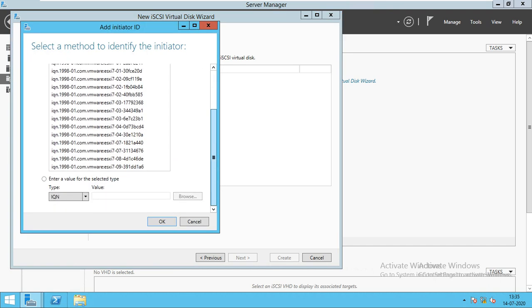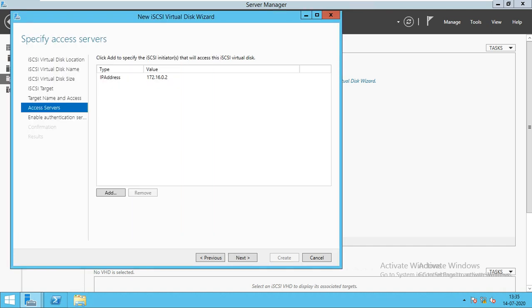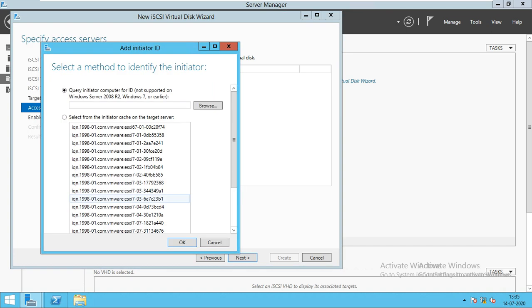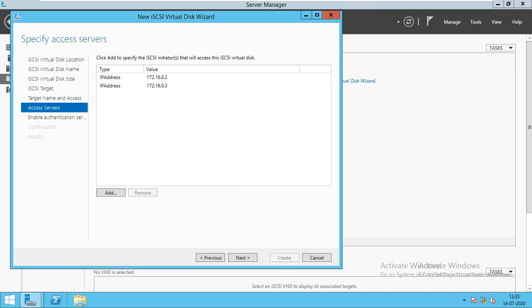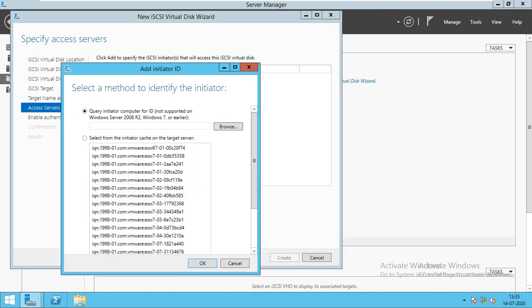So we'll just add with the IP address which we have, 172.16.0.2. Just add it. For the second server, again for the third, 172.16.0.3. Then we'll click okay. Then the third server we have with us.